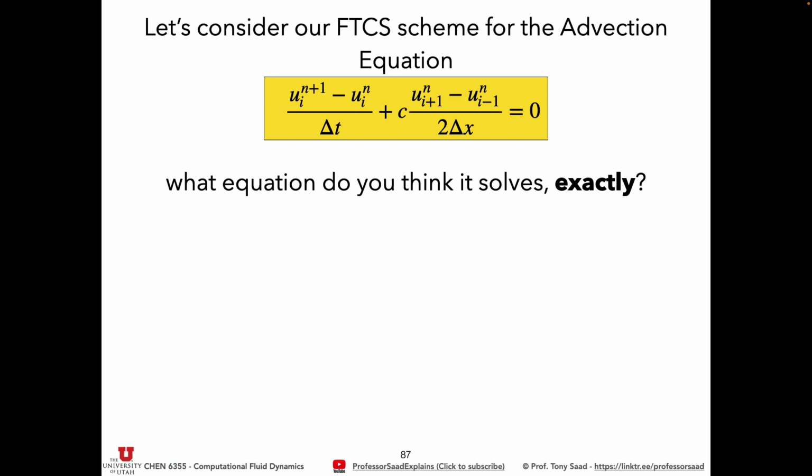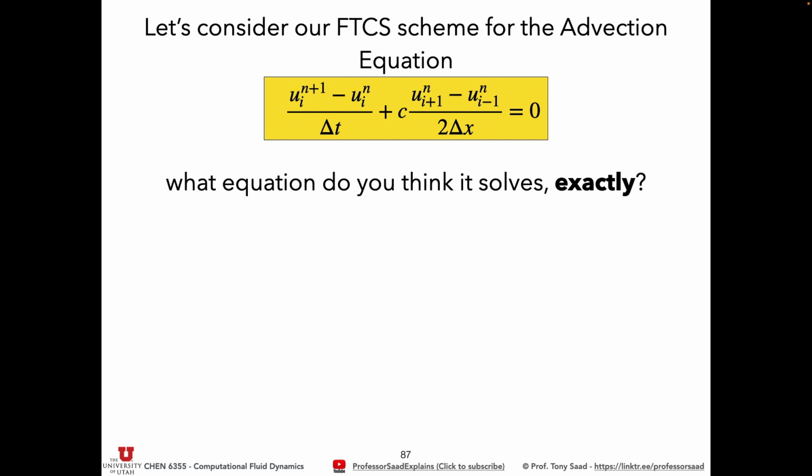Well, you say, well, Dr. Saad, this is the advection equation. Like, yeah. But is it really the advection equation? What happened to the truncation error? It is true that we deduced this equation from the continuous advection equation, but we truncated things